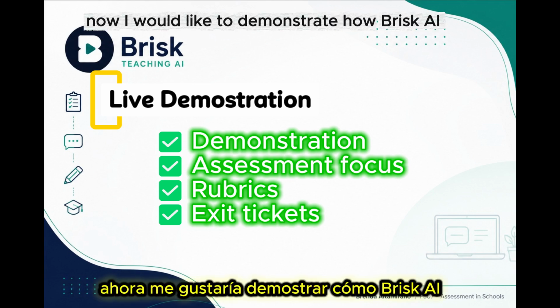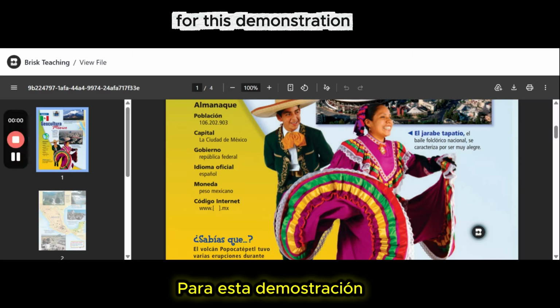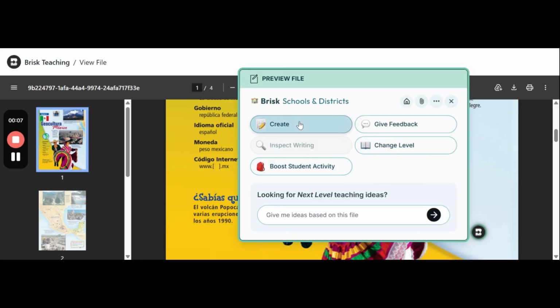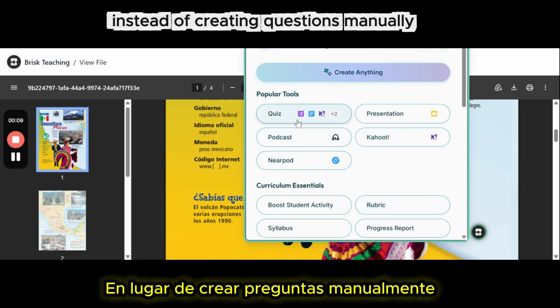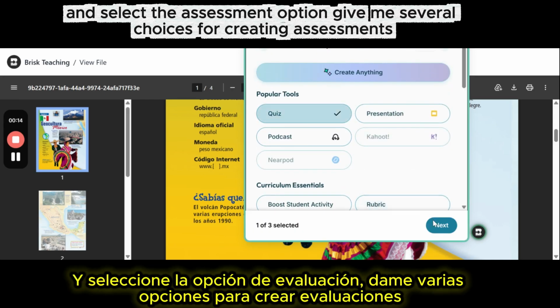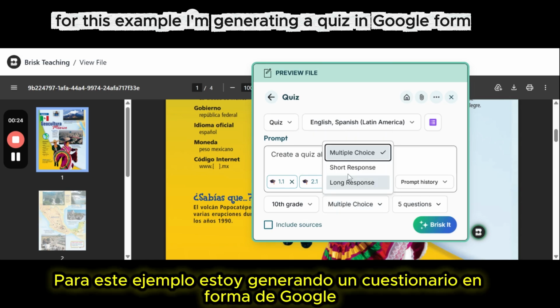Now, I would like to demonstrate how Brisk AI can quickly create an assessment from an existing resource. For this demonstration, I'm using a PDF article about the geoculture of Mexico. Instead of creating questions manually, I simply open the Brisk AI extension and select the assessment option. Brisk gives me several choices for creating assessments. For this example, I'm generating a quiz in Google Forms,